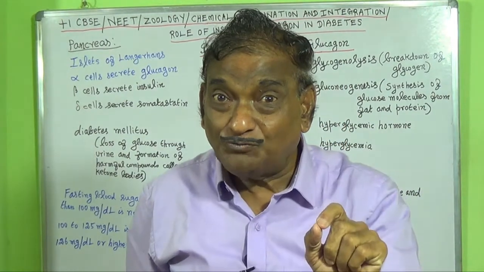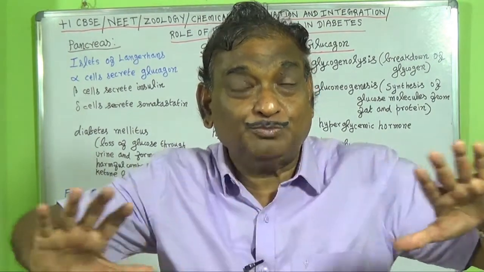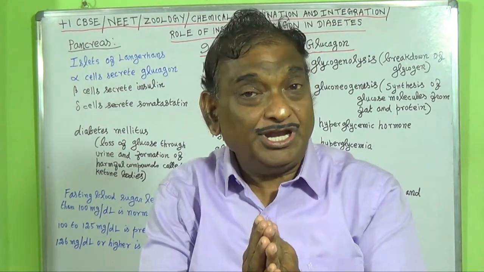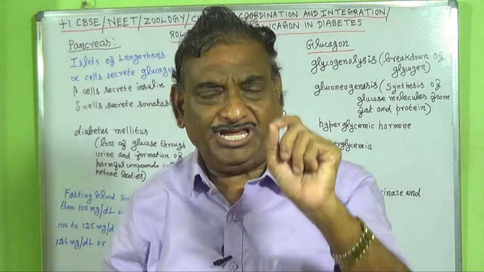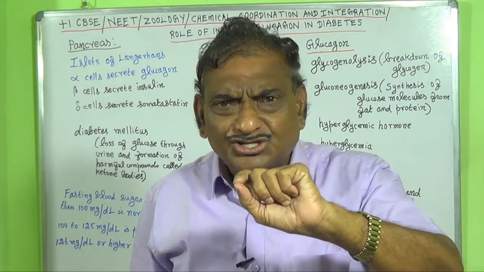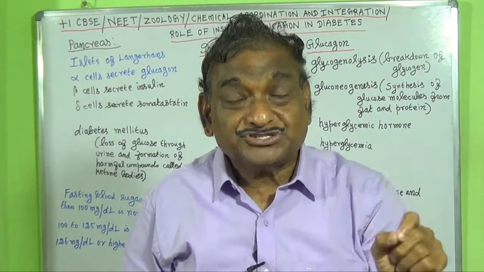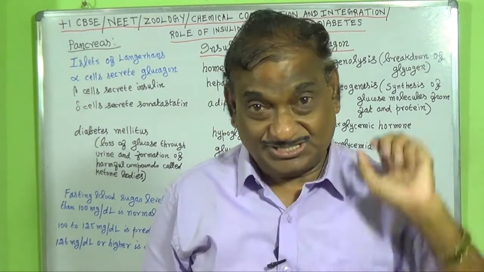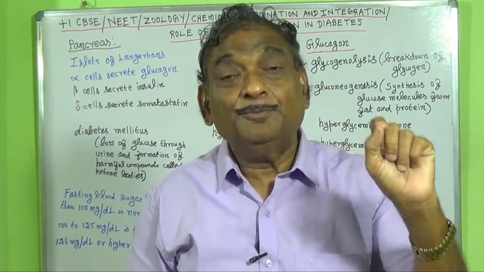In the case of type 1 diabetes, the insulin is not produced by the beta cells. Since the insulin is not produced by the beta cells, the type 1 diabetes cannot be prevented. Why do the beta cells not produce the insulin? Because our immune system mistakenly attacks and damages the beta cells,